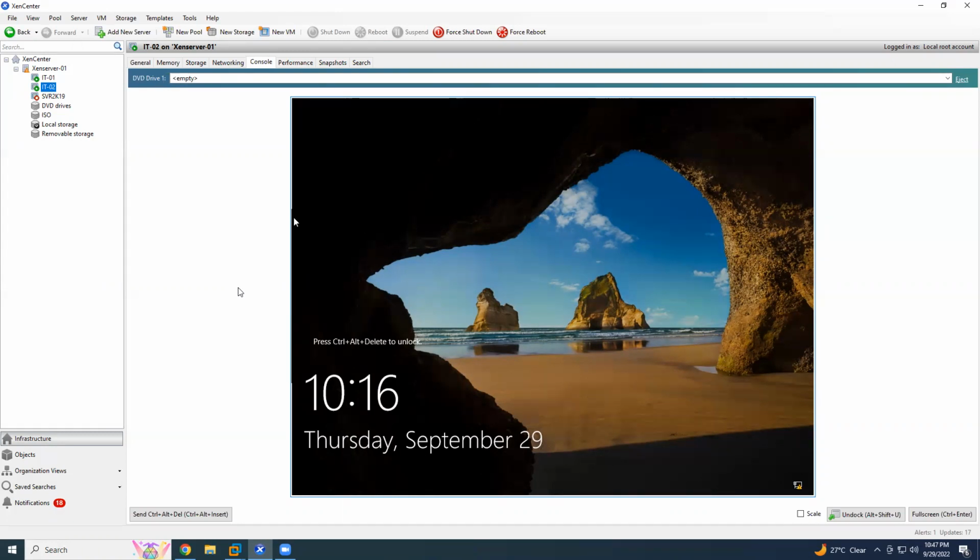Okay, so whenever we have to publish the desktop, we always preferred to use Windows 10 or Windows 7 or Windows 11 is also there, but right now it is not into the production anywhere. So we always used to have Windows 7 or Windows 10 for desktop virtualization, right? So